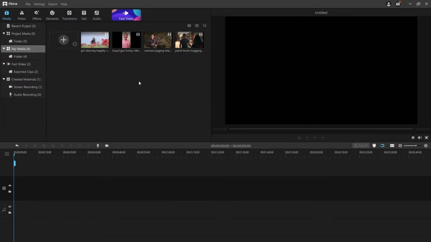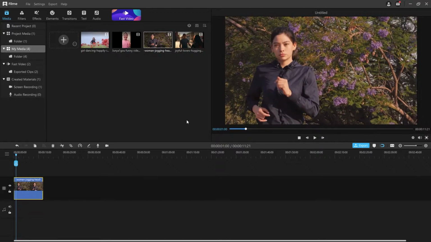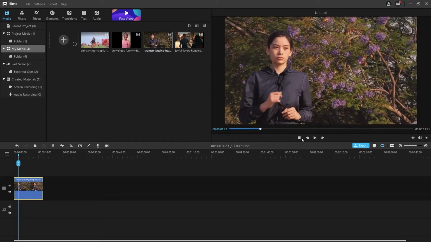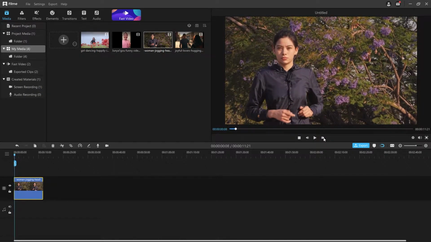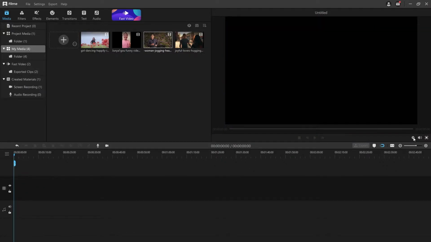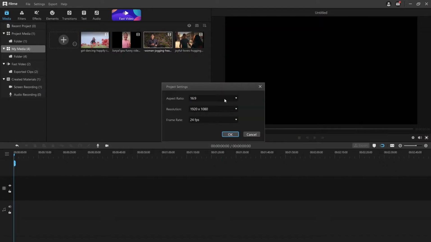Now from my library I can simply export it here, and the video is now being placed in my preview screen. From here I can play it, stop it, and go to the next frame. Now before we actually place the video, from here in settings you can define the aspect ratio, resolution and the